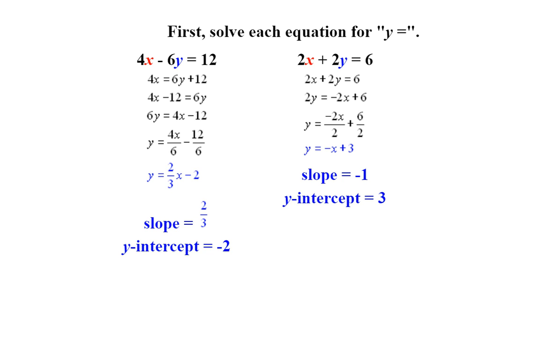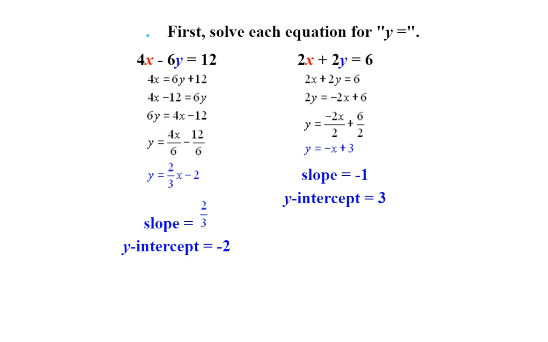But like I said, the first thing you've got to do is find your y equals for both of them. We want to put them into that y equals mx plus b form that we're familiar with and we're comfortable with. So we can find the slope, we can find the y-intercept, and then we'll actually be able to graph them. So looking at this first one here,